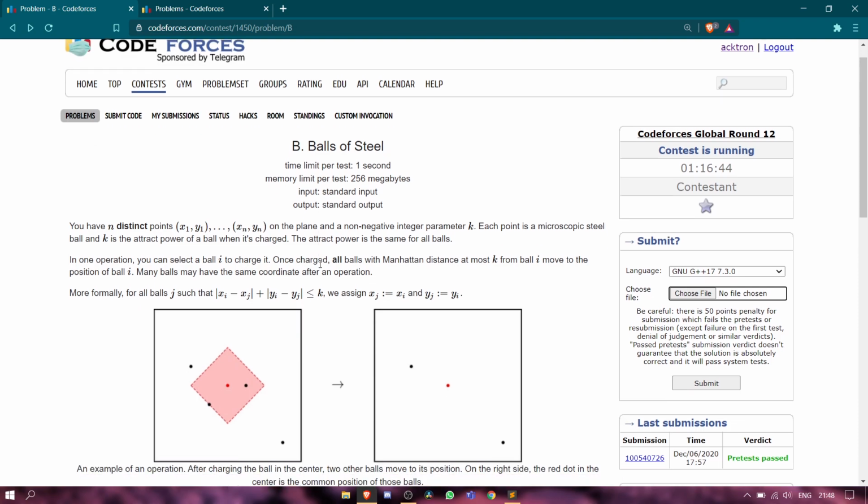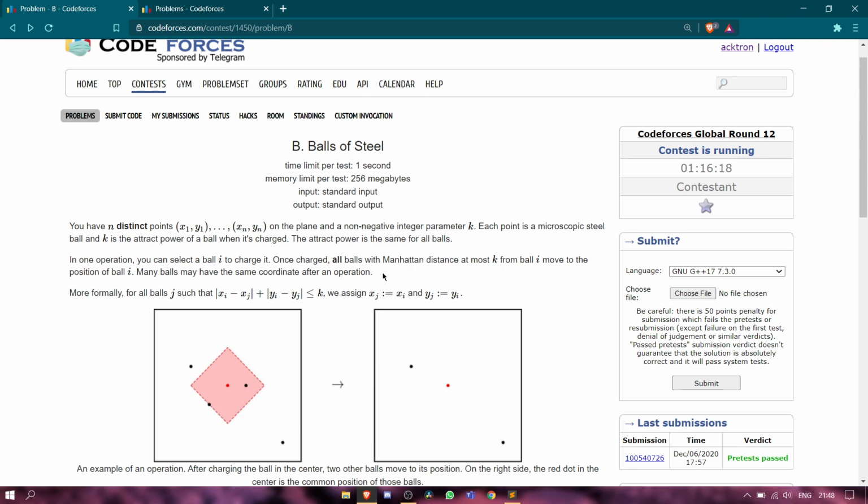We are given n distinct balls at different places on a grid, and we are given an integer k. What a ball can do is attract another ball which is at most Manhattan distance k away.